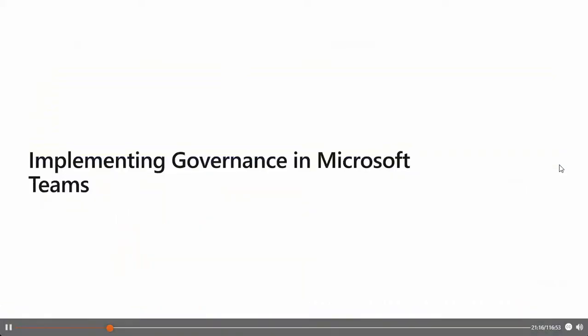Next, we will talk about the implementation of the governance features in Microsoft Teams and the typical stuff about the adoption framework for each phase, the governance quick start, and many more topics that we can deliver for you, so that you have it easier to start with your Microsoft Teams implementation.